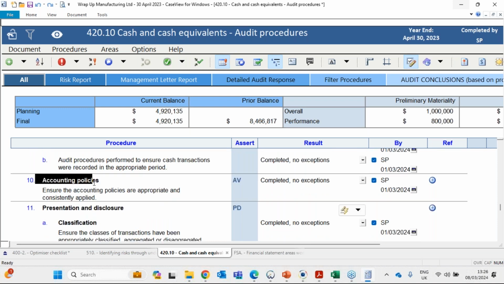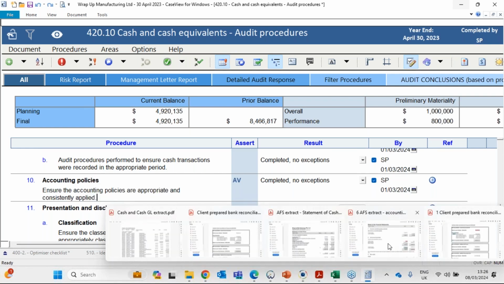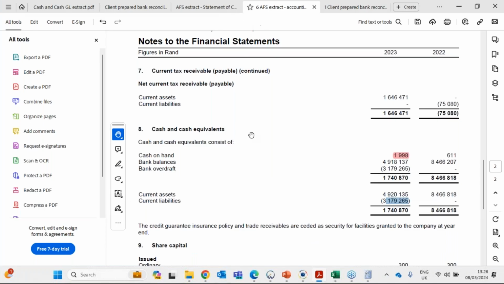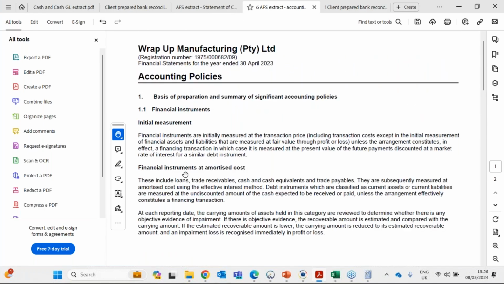We also have procedure 10, which is accounting policies. Ensure the accounting policies are appropriate and consistently applied. That once again, you will use your extraction of the financial statements. We've got here your financial instruments. Is it applicable? Have you read through that? Once again, as the methodology in Audit International prescribes, use your professional judgment, knowledge, ask your supervisor if required, and